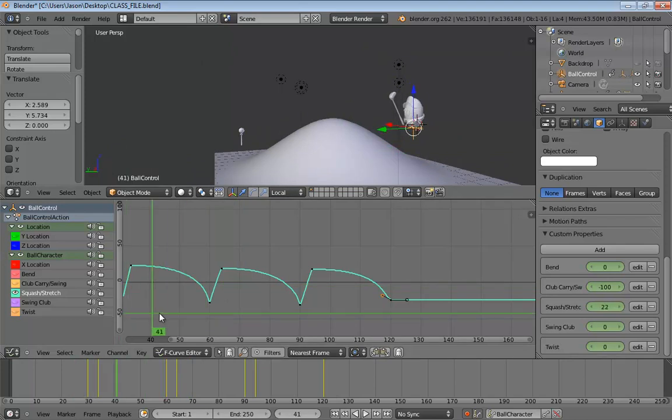And now as we scrub through, see, is that looking funny or is it just me? Well, the whole thing is looking funny, and part of the funniness is that our timing, while it's okay, is not all that it could be.